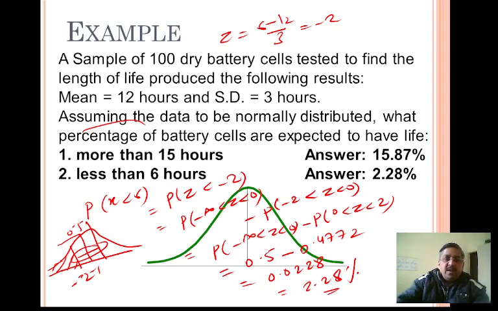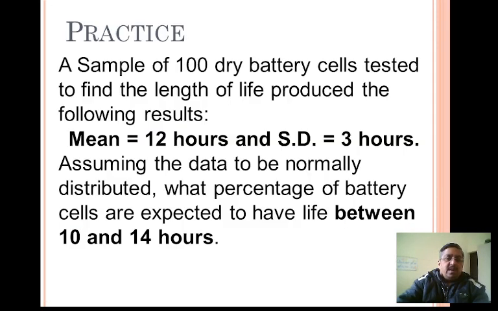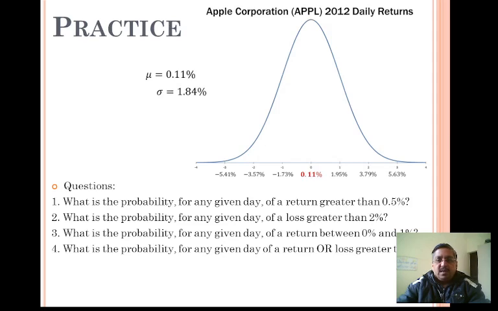This is one more example, and this is the table. And one more question for practice for you. Please try the question on your own and write down the results in the comment box, right? Similarly, the next question for you is like this, and it is related to the stock market, where some gain or loss is there for the Apple Corporation, and the data is for 2012 daily returns. So try this question too and write down the answers for the second question also in the comment box.